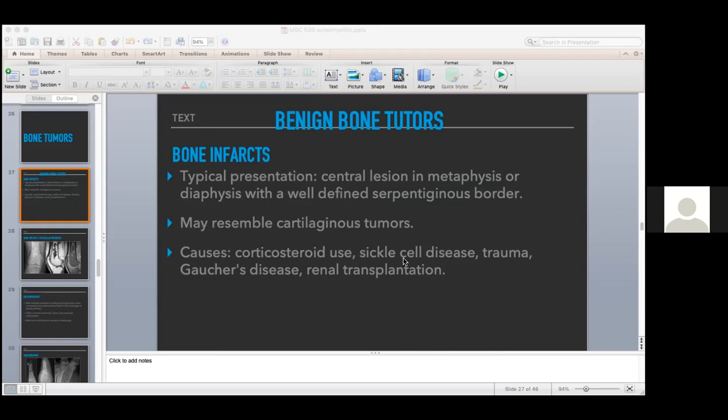Other causes include Gaucher's disease. And in an exam, if I ask you and you tell me Gaucher's disease, my next automatic question will be,